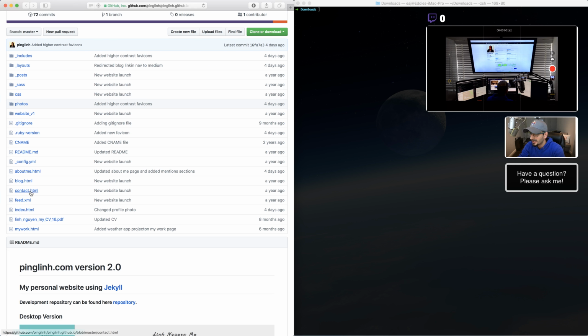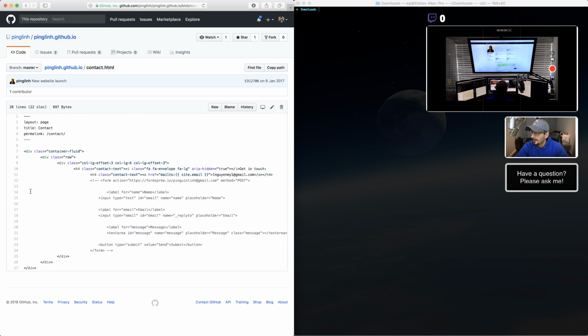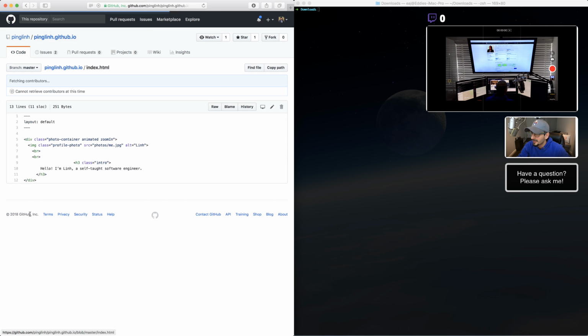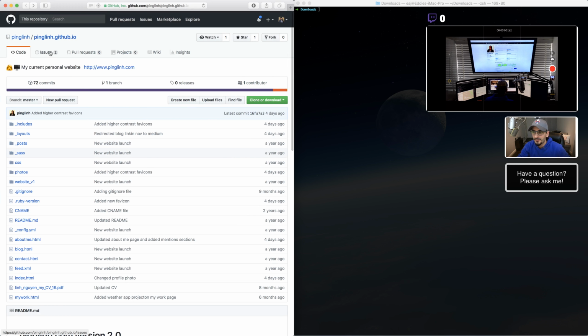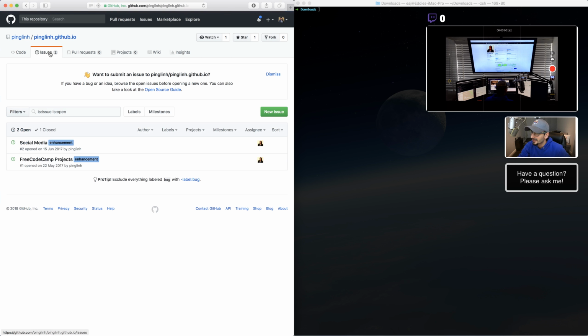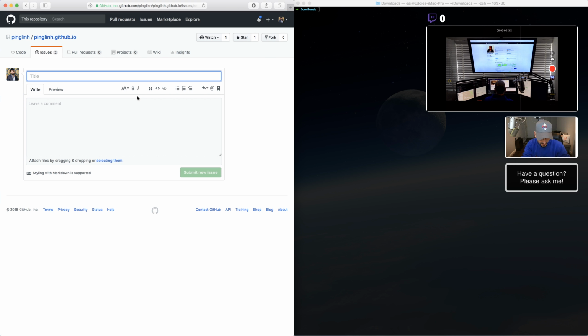So let me have a quick look and see what I can do. I'm just gonna improve the formatting on this file, nothing major, but at least it's a contribution and hopefully she'll appreciate it. So I want to add a new issue first to say I'm going to do it. So reformat index.html file,